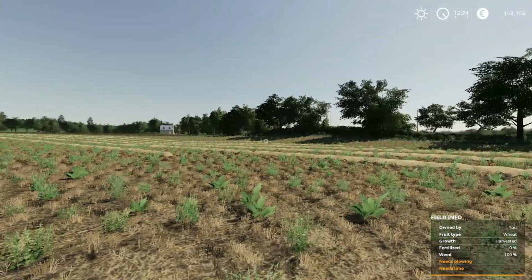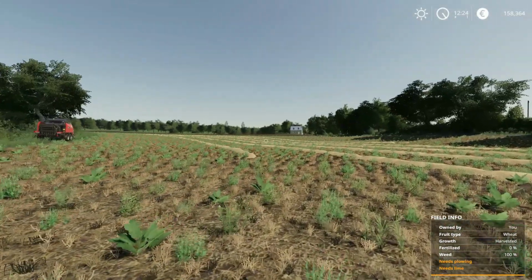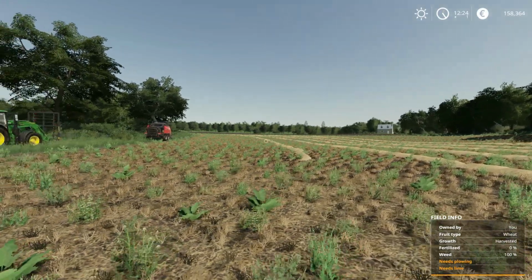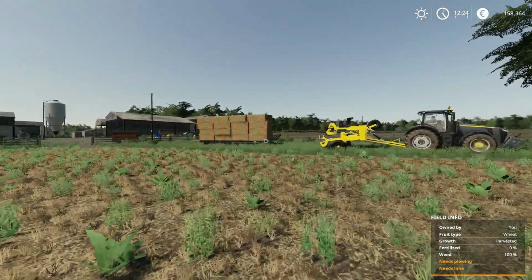This is field 10, I want to say? Field 7. This is field 7. And we did bring it in. We got about, I think, 100,000 liters of wheat, so we got a little bit of money out of it. I baled up the far side of it and got it stacked, more or less,